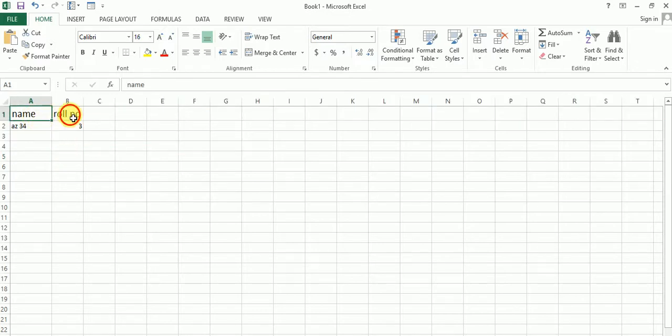The first column heading is name, and the second column heading is roll number. Then you can see the field names: name and roll number.